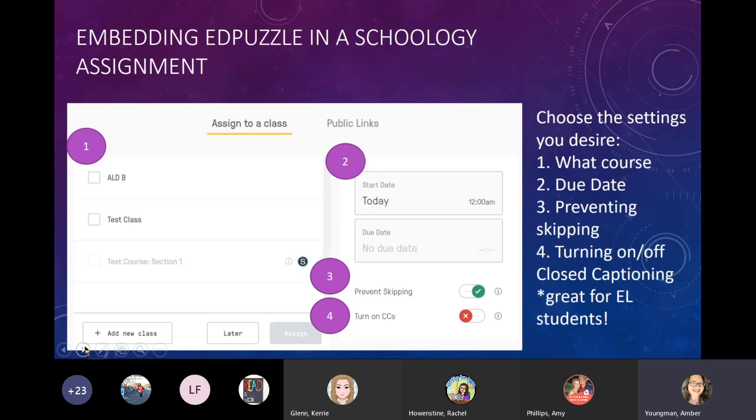Numbers 3 and 4 are very important on this slide. Most of the time, students can absolutely just skip videos, and that means kind of just going to the questions and seeing if they can guess. I want them to watch the whole video. So number 3 is preventing skipping. I want to make sure that that is toggled on, so my students are in essence forced to watch the